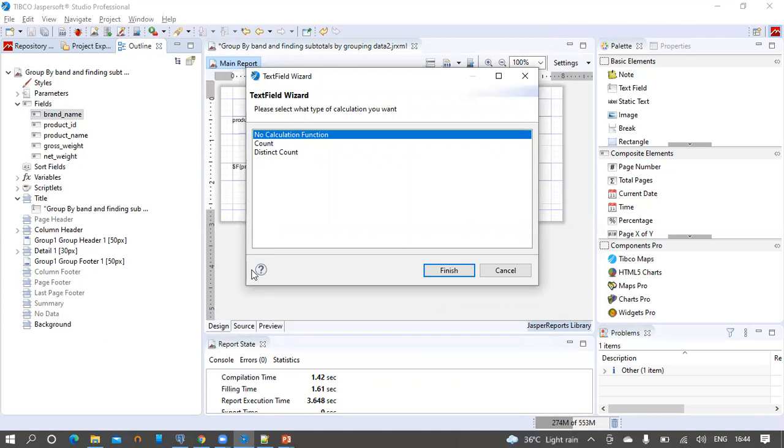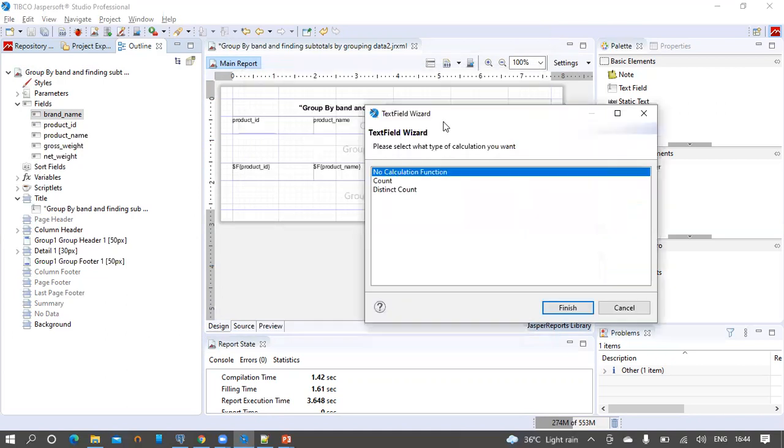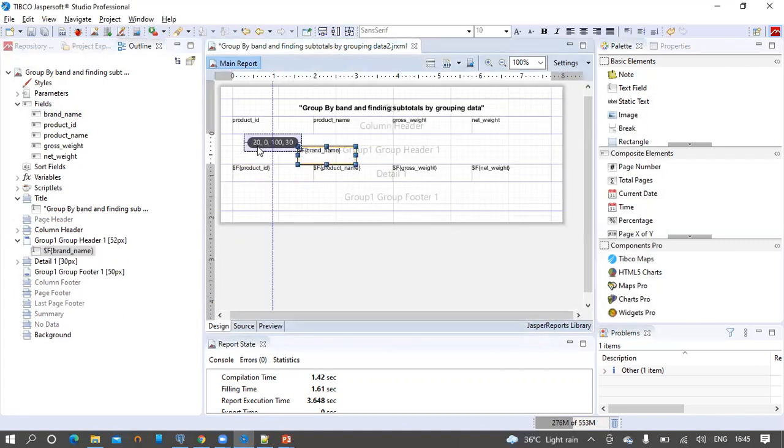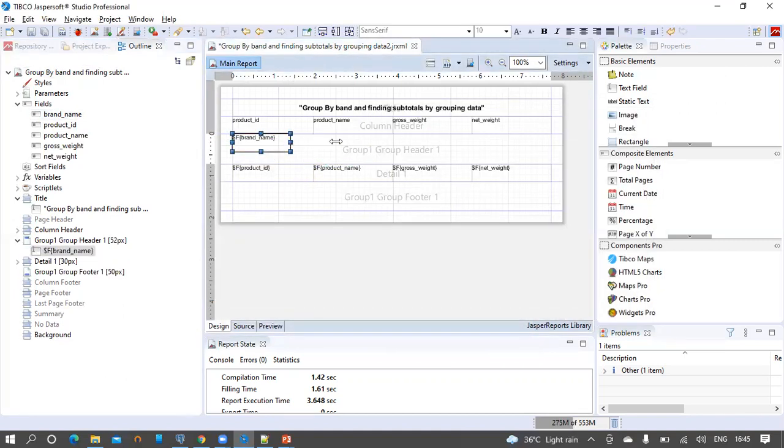It opens up a wizard asking to select the possible function. We don't require any function to be applied for displaying the group name on the header. So simply click on finish. Quickly format it.